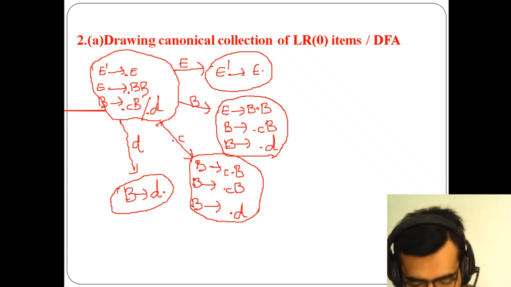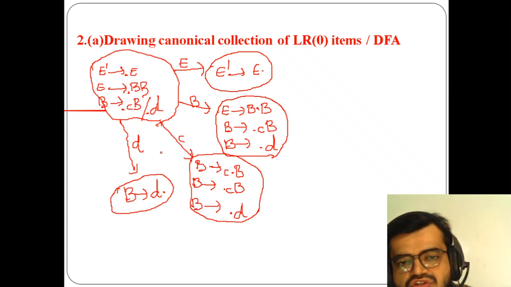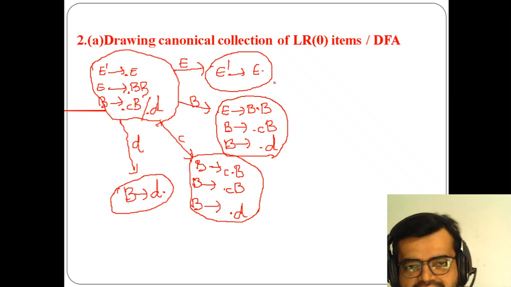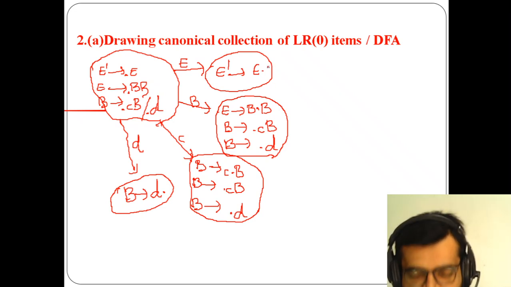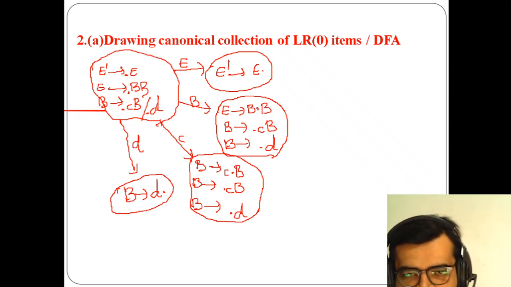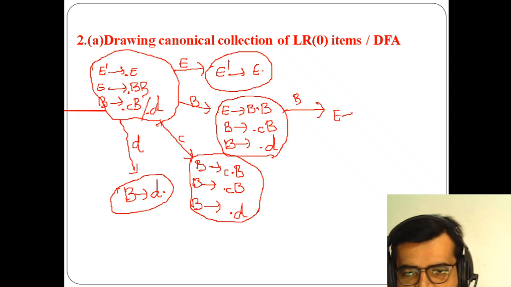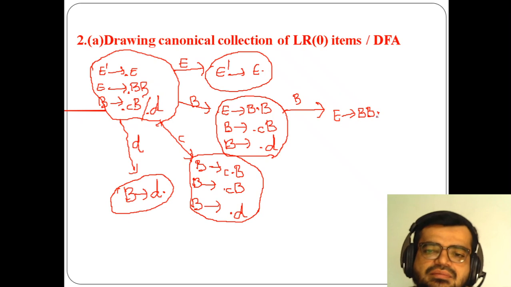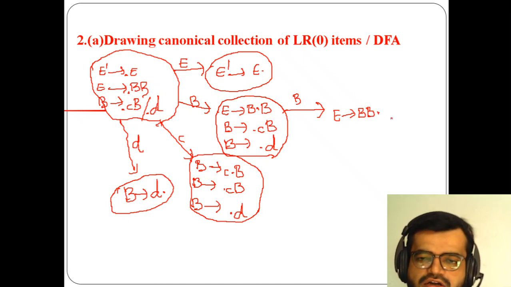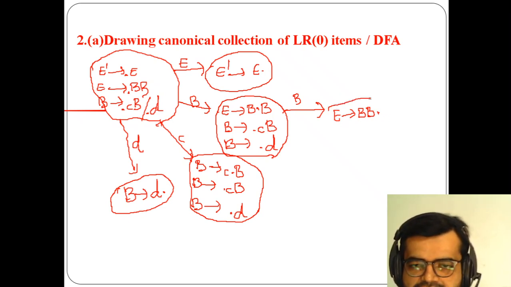Right. So now what I have to do is see again. It is not yet completed. This is completed, so we have to leave it, the first part. But when I am going toward this one, I have to read again. When I am moving this dot here, again I am taking B here. This is a very important part. So B of B dot. Now, is there anything else after the dot, any terminal? No. So here it is completed.